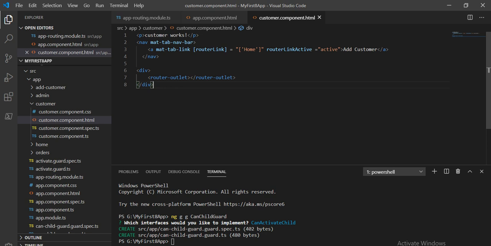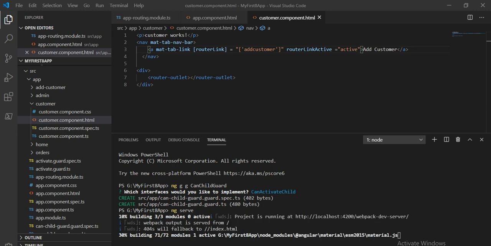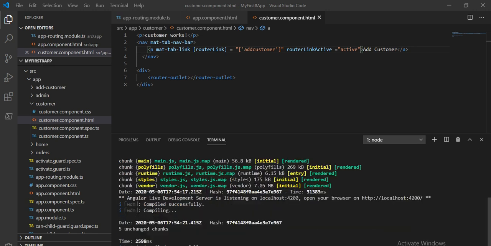So let's give the name as add customer, save it, and now let's serve this application. It will take a few seconds to compile it successfully, then we'll see our functionality on the browser. So it has started compiling. Now compilation is successful.